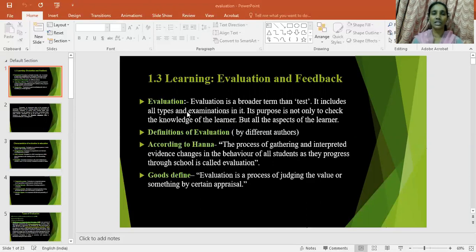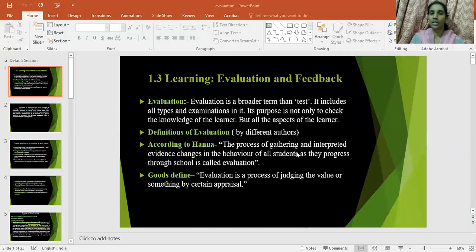Evaluation is a process of judging the value of a particular person or the learner. In the educational system, we can say that we are going to judge our learner. On the basis of that only we are going to assign them grades. So evaluation is the most important term in the educational system. And for your clearer understanding, here I have given two definitions also. When they ask any question regarding evaluation, you must write the definition given by different authors. Here I have mentioned some definitions.